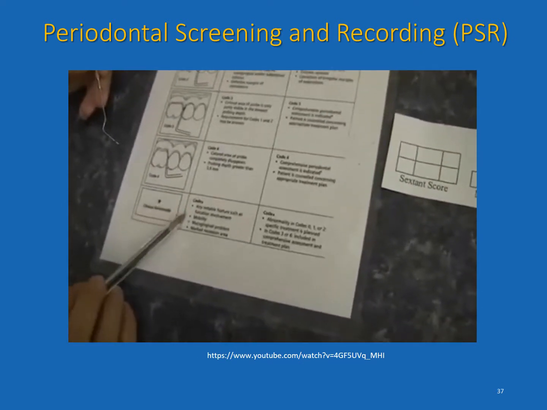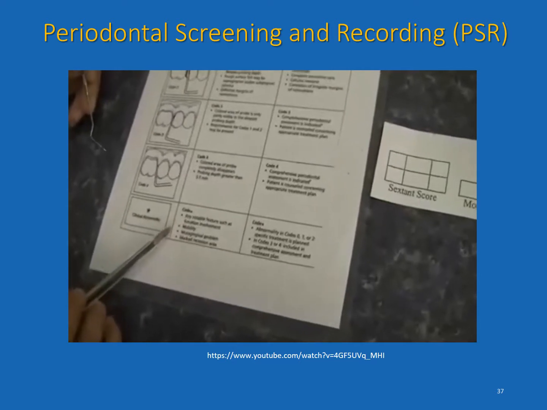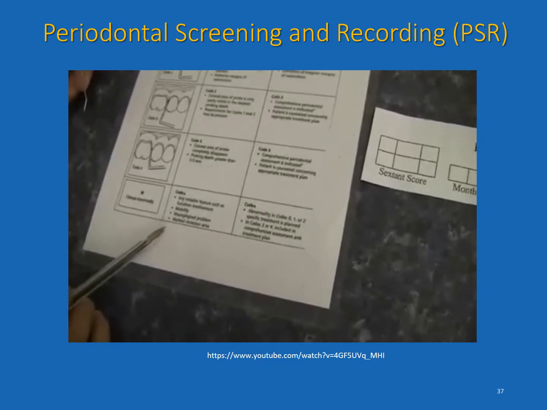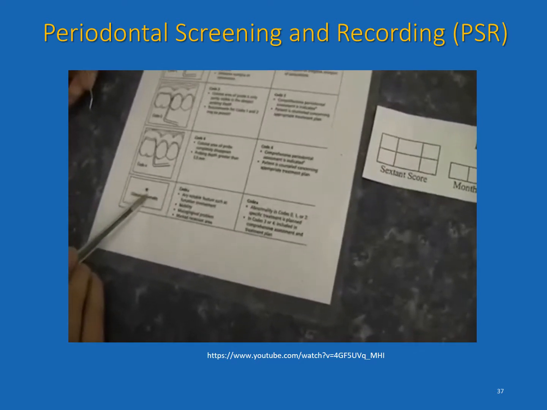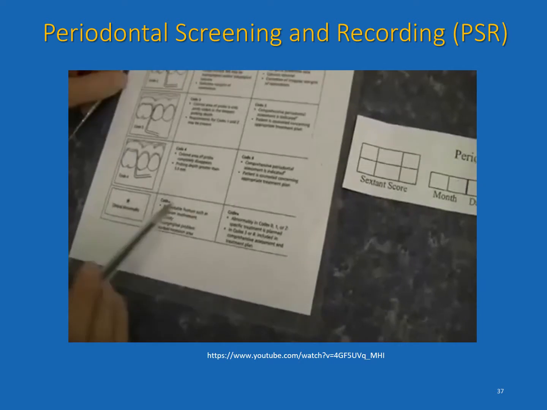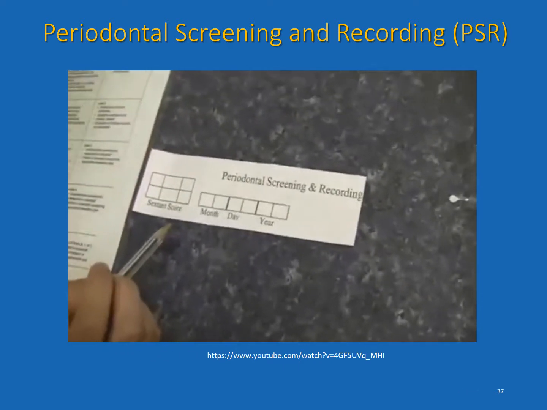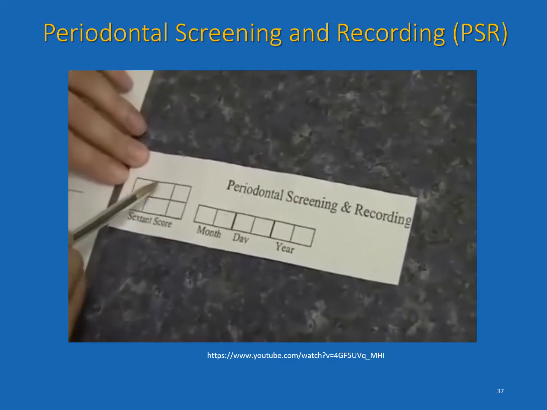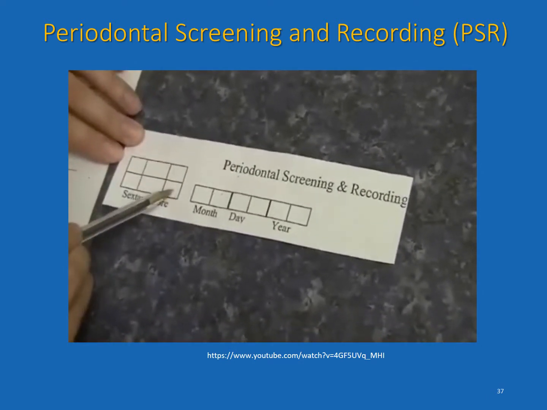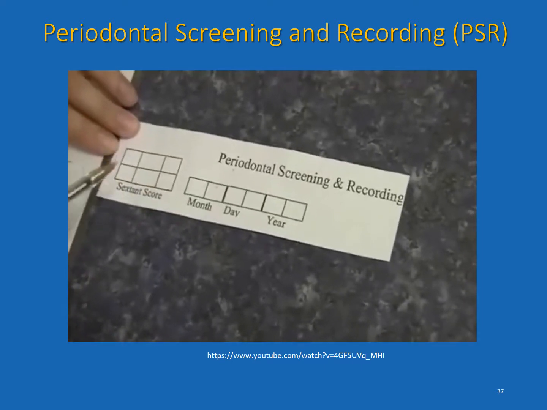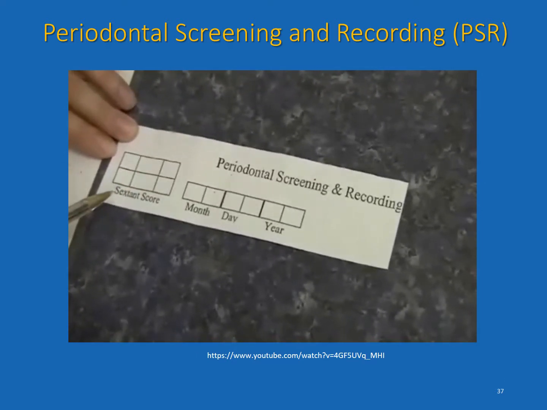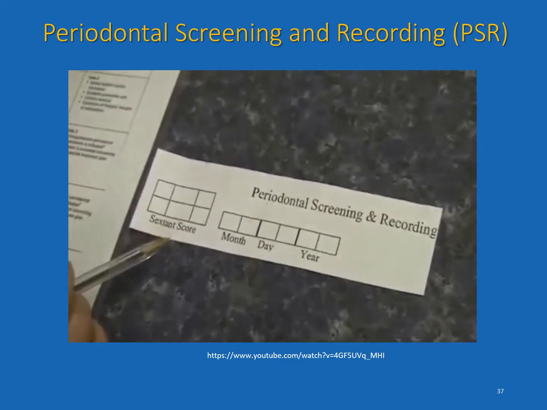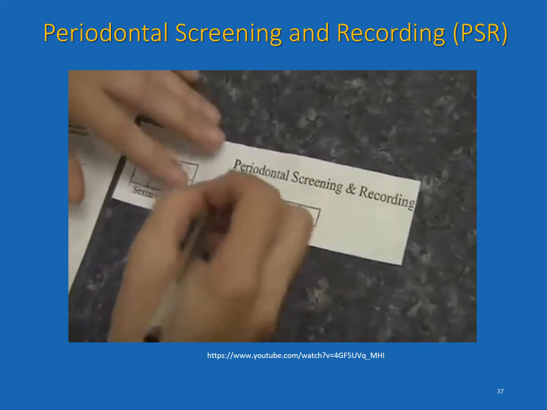Any sextant that has furcation involvement, mobility, mucogingival problem, or 2 millimeters of recession or more will also get an asterisk. So how this looks when we go to record it on our sheet here, you see 6 boxes here. This is sextant 1, sextant 2, 3, 4, 5, and 6. Each box will only get 1 number, and that number, or that code, corresponds to the worst area in that particular sextant. We also will date it,